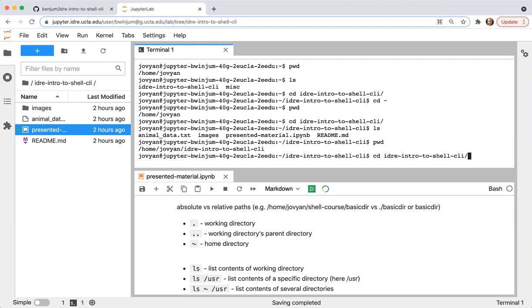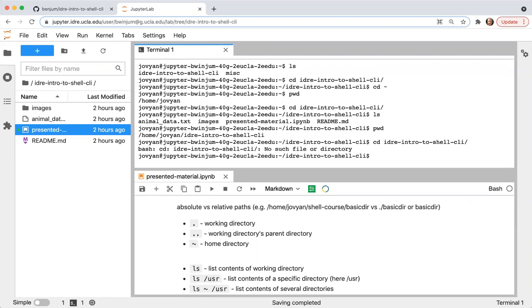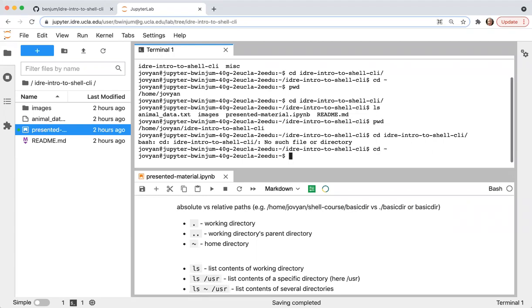If I try and type that command again, it's going to give me an error message because it doesn't recognize that there is such a file or directory. When I type a path like this, it's called the relative path. And right now, this relative path doesn't exist in the directory that I'm in. This relative path only exists when I'm in my home directory. So I'm going to change back to home. And now when I type this, it would change directories into that.